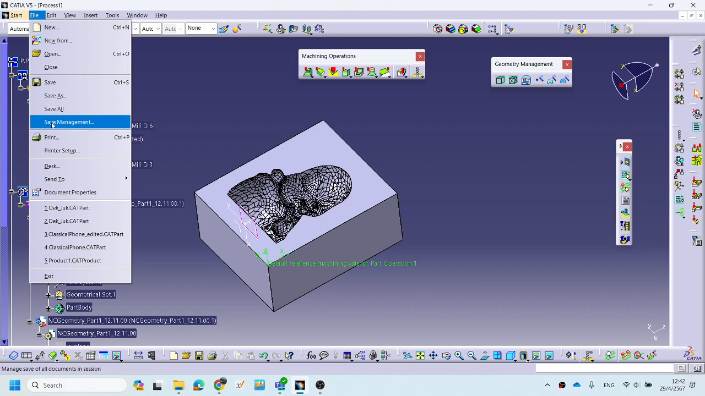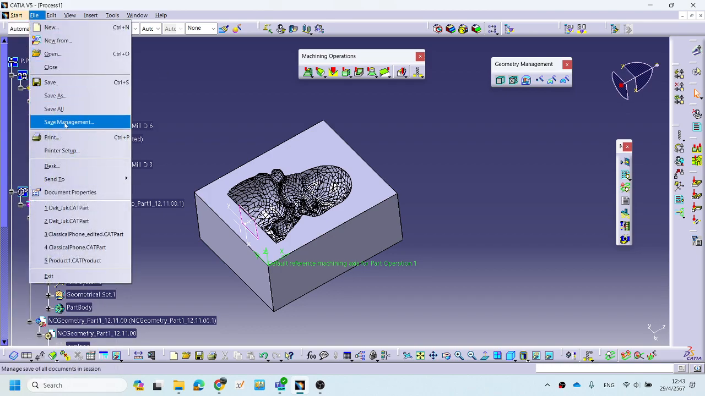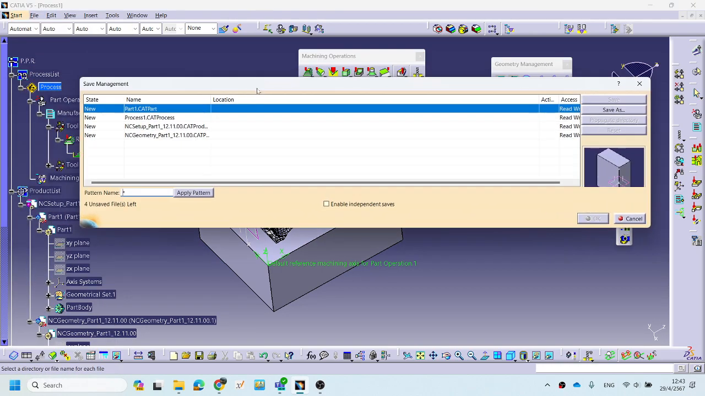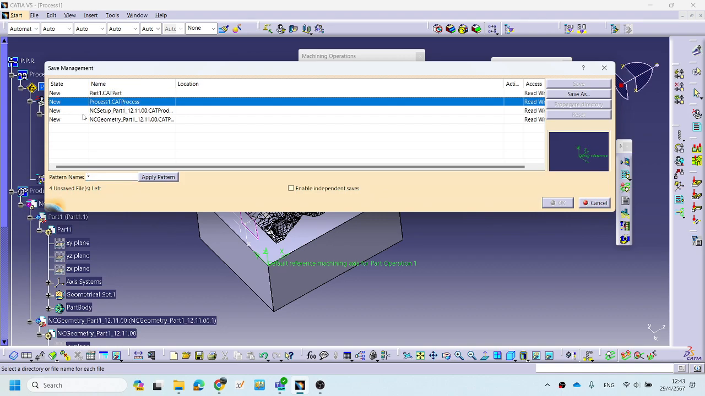In the G code process, the machine surface machining module, how to save? I bring you to the File menu, go down to Save Management, and this command block shows you how many files you should save on your computer. The first one is the part, the second is the process file, and the third